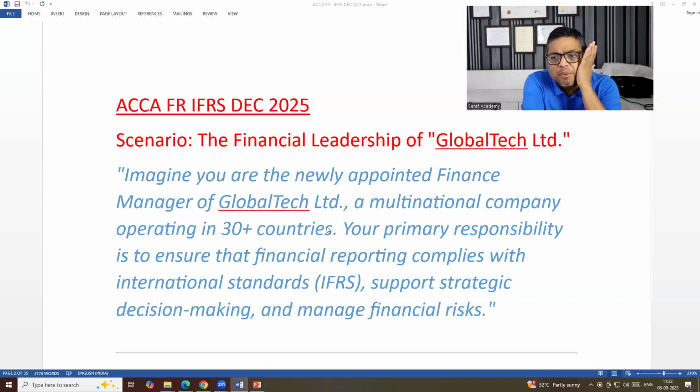What I'm saying is, suppose Saraf Academy purchased an asset. The asset will change the value of assets in the books. Because of that asset, there will be some depreciation as an expense. So in the FR exam, they will be asking, what is the value of assets after this transaction, after the purchase of the asset and after the depreciation? You need to tick which one is the correct option.